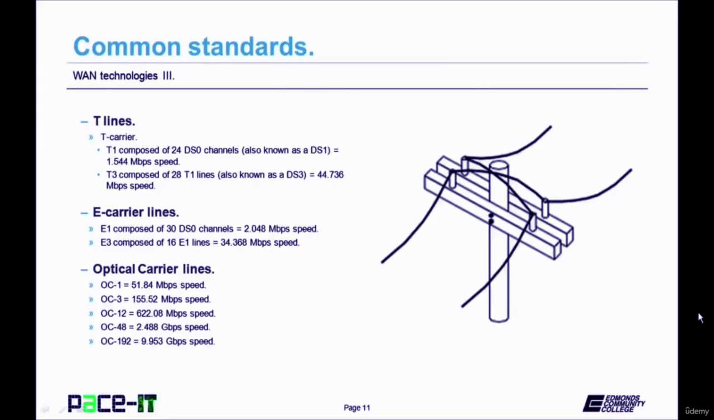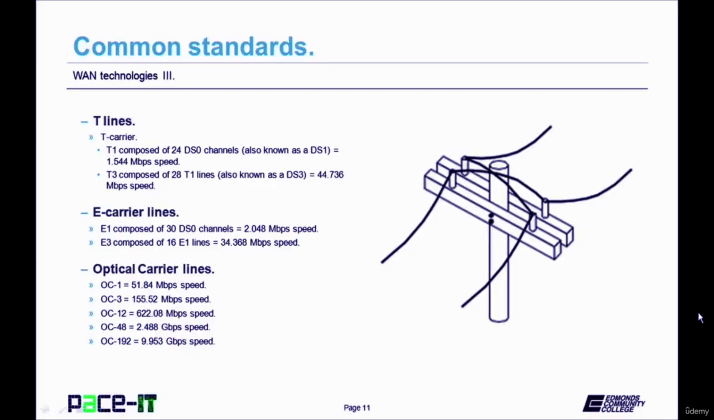The standards I'm going to be talking about are the speeds, and we begin with T lines. A T1 is composed of 24 DS0 channels, which are also known as a DS1, and it's capable of achieving speeds of up to 1.544 megabits per second. If that's not fast enough for you, you can lease a T3 line. It's composed of 28 T1 lines. Now, a T3 line is also known as a DS3, and it can achieve speeds of up to